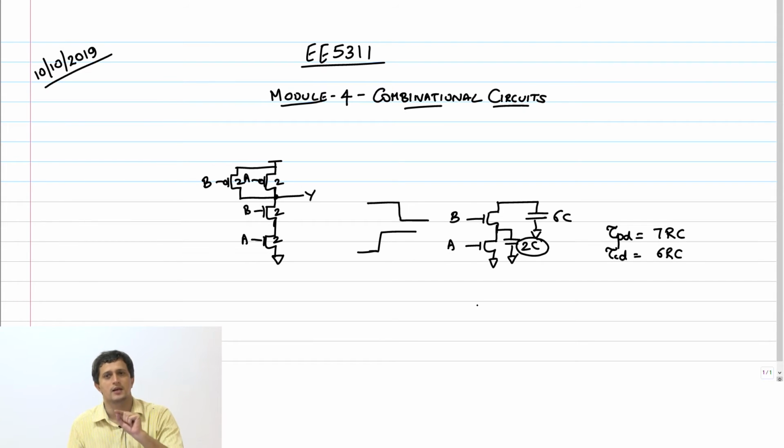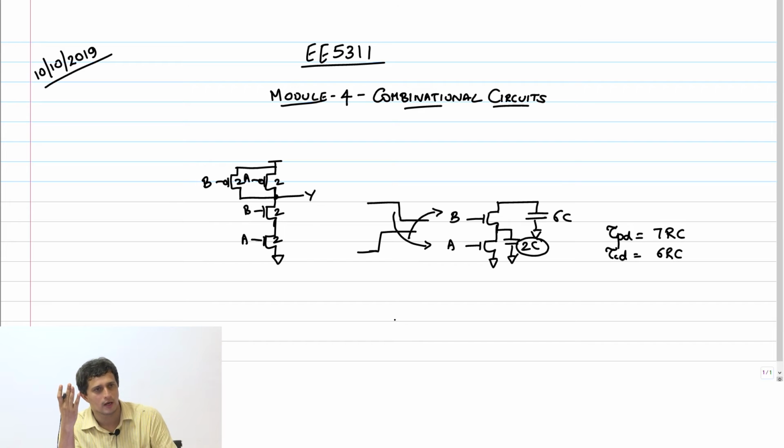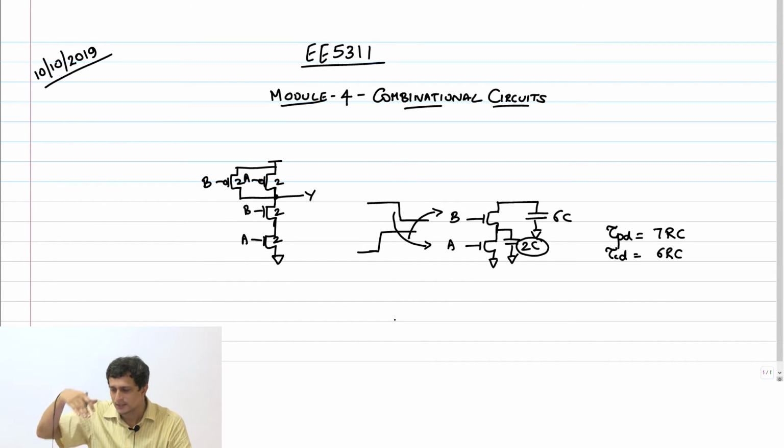So if I connected this to B and this to A, then what would happen? The top transistor would have switched to logic 1. It would have sort of charged this intermediate capacitance also to VDD minus VT and it will be waiting. When the new input comes and switches, then it still has to discharge both capacitors. Therefore, the signal which arrives last, that is the timing critical signal.